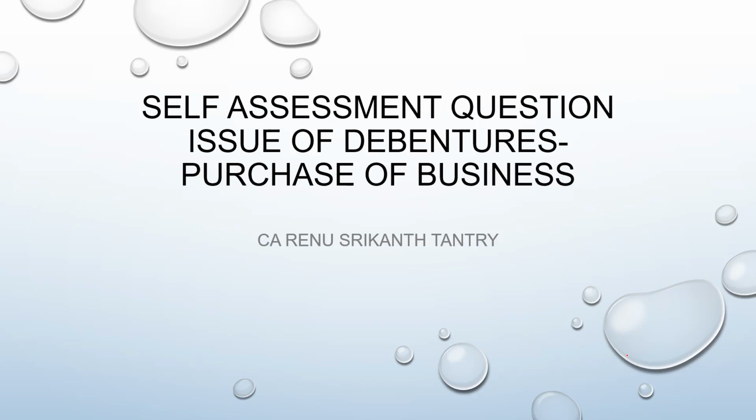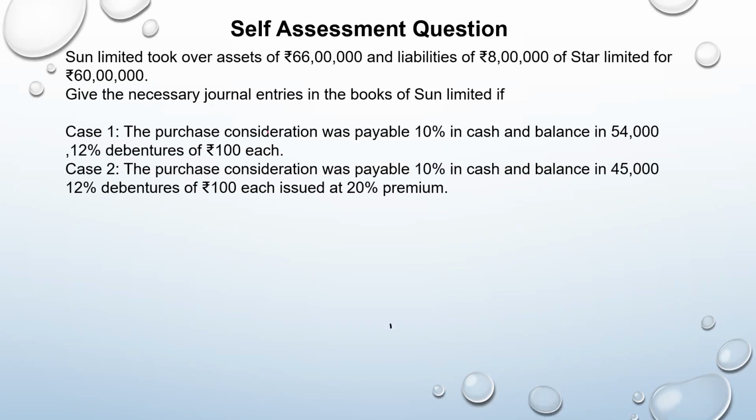Hello friends, here is a solution to the self-assessment question of the previous video on issue of debentures where there is a purchase of a business. Now here is a question. Sun Limited took over the assets of 66 lakh and liabilities of 8 lakh of Star Limited for 60 lakh. They have asked you to give the journal entries in the books of Sun Limited if